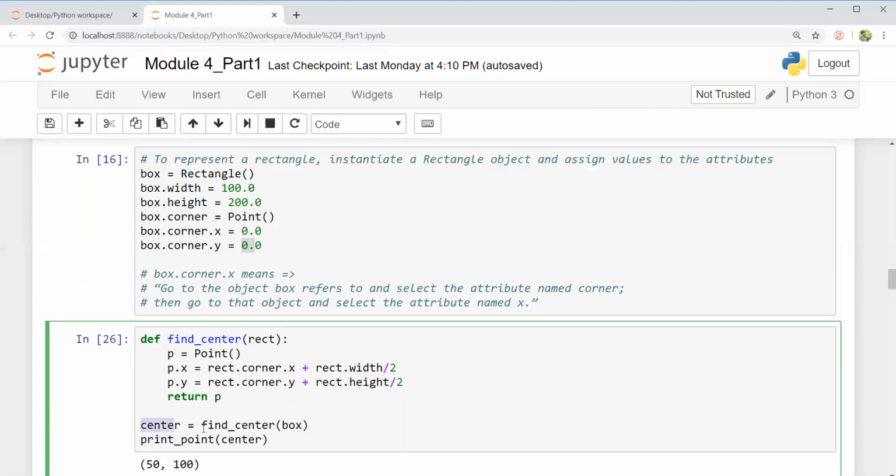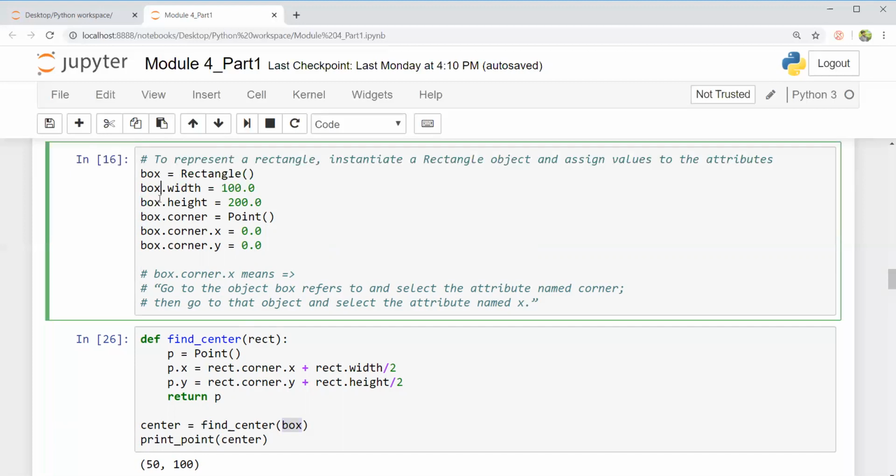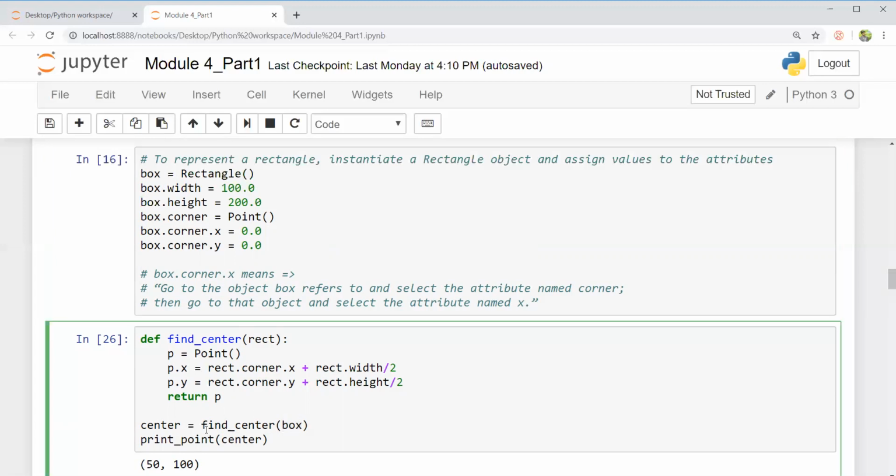Center is equal to find_center(box). See, this is very important. What is this box? Box is an instance of Rectangle, which has three attributes: width, height, and corner, which is again an object with attributes x and y. Be very careful. So box here is an instance which I have given as an input argument to